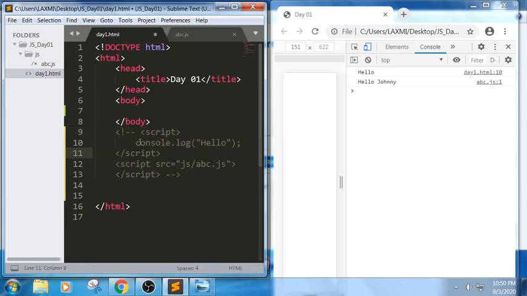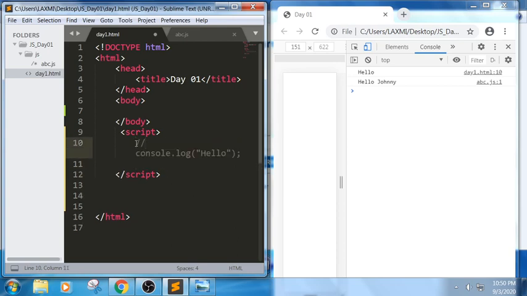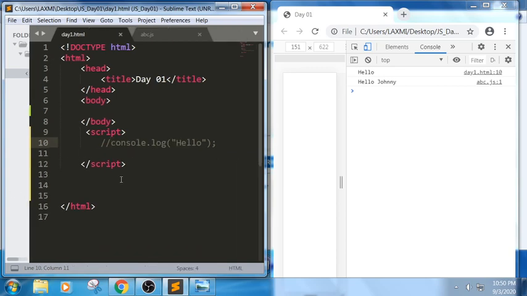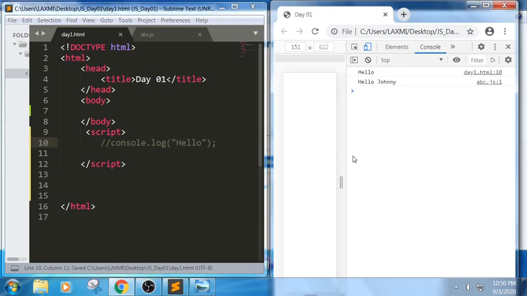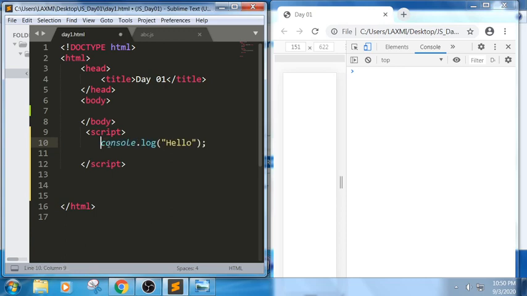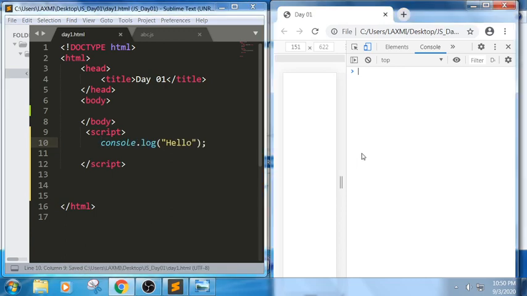Here we can call this one HTML comments. These are called HTML comments. For example, see, I'm just trying to remove this part and I don't want to display this snippet. We call this one a single line comment. Here, once I remove this snippet, again we will get the same output.